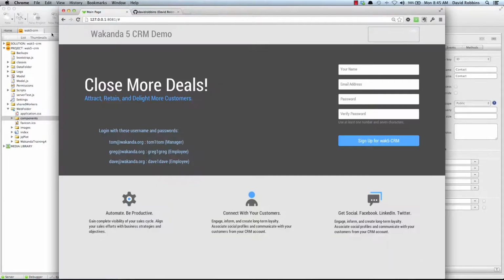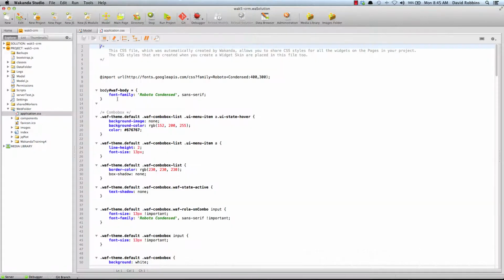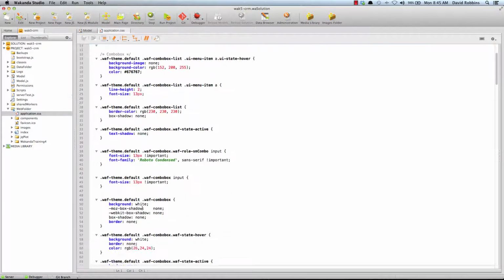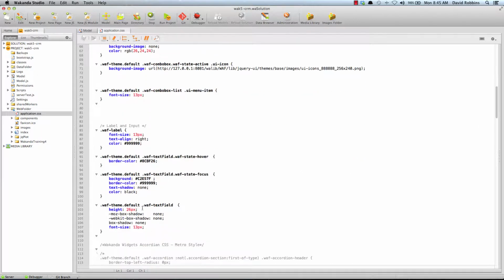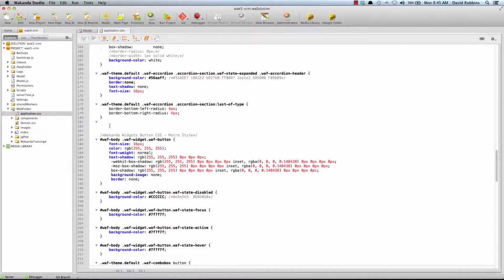One thing, if you've seen Wakanda before, you notice that the UI is different. It's kind of an iOS 7 type of look, and that's because we've gone in and just created our own styles for the widgets I've been using. And the nice thing about that is if I go here and create a new page,